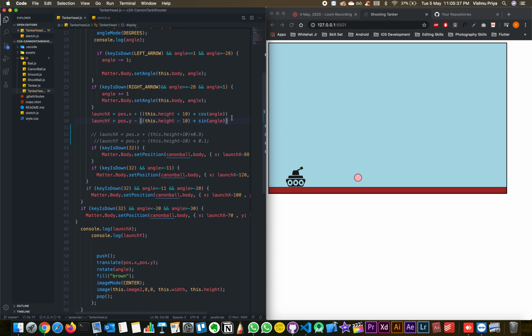I am working on that particular project, and I will let you know once I have completed the Canon tank shooter project using apply force. It's a very interesting concept and far easier for you guys to understand. So I'm going to come up with that kind of solution very soon. Till then, hope it clears all your doubts and it helped you in some way. Thank you. Bye.